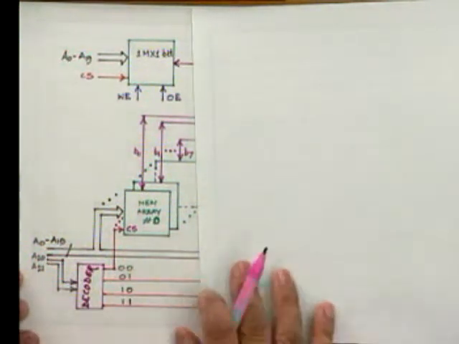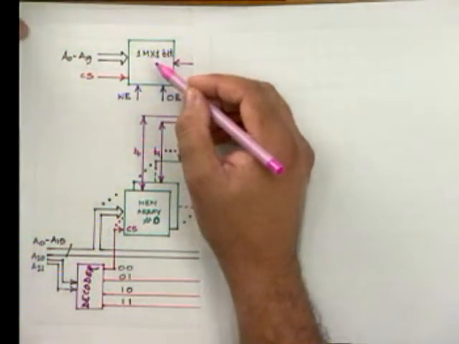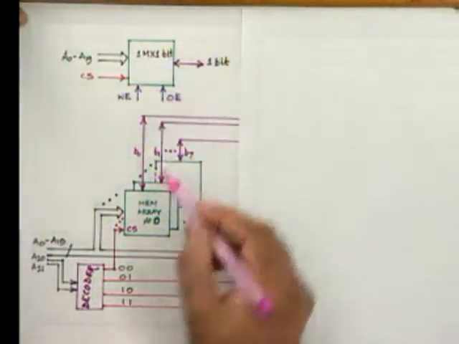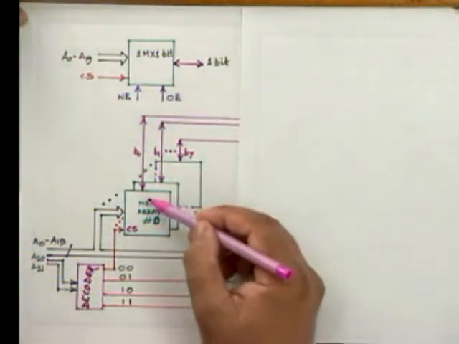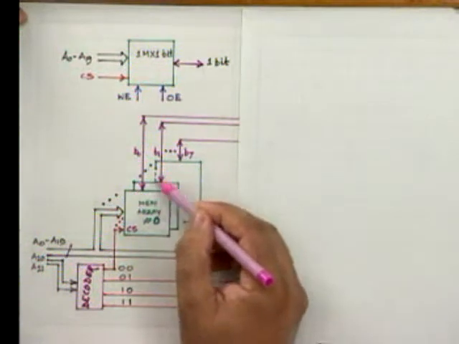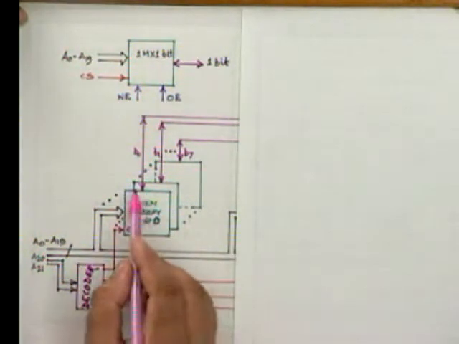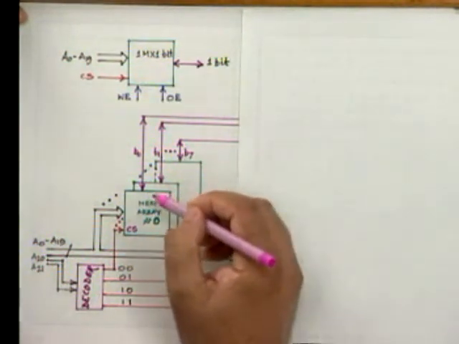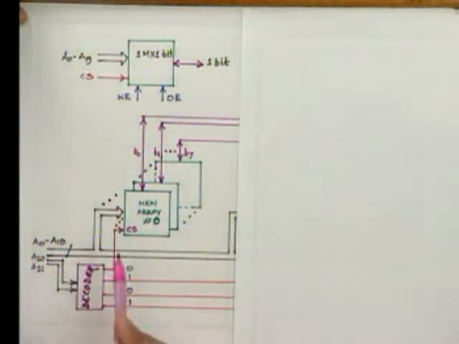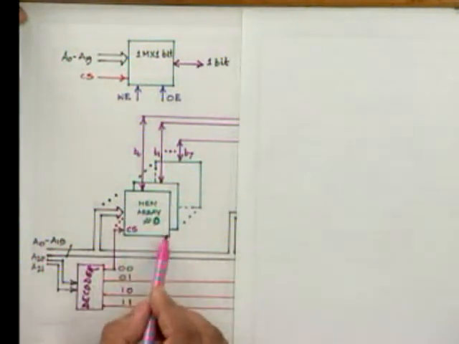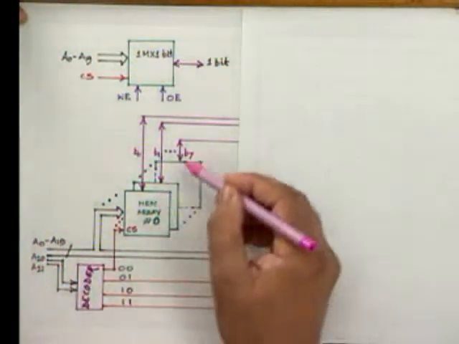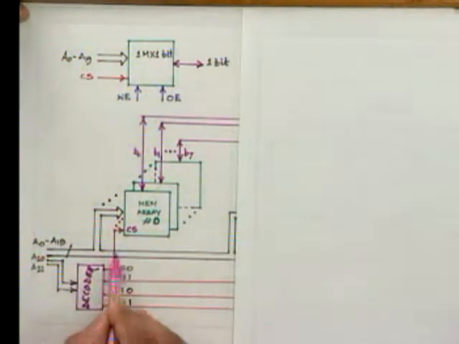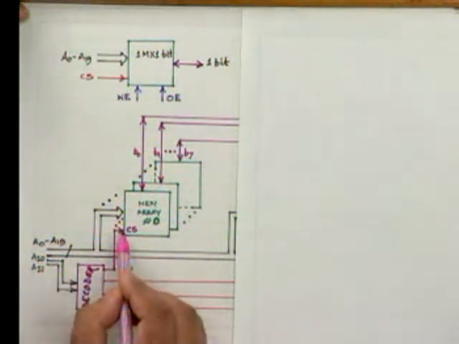Now, say we first talk of how to make this 8-bit information out of this 1-bit information, right? What we do is this: we take several such chips and place them in parallel with each other. This is our chip 0, this is chip 1, and so on. This is chip 7, right? Each one of them is selected. For example, this particular chip, the chip 0 in this stack, is selected by means of, say, this one,